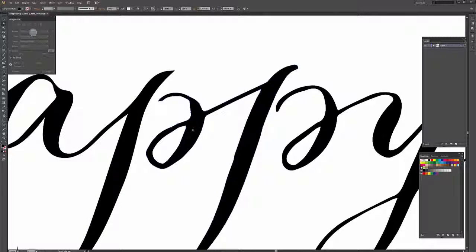So I clicked on A and then clicked on this part of the P, and that's definitely not smooth enough for me, so I'm going to smooth that out. Smooth this out. And then click on the inside using again, A, clicking on that, N, and then smooth tool, smooth the inside parts. That's a lot better. Click on P